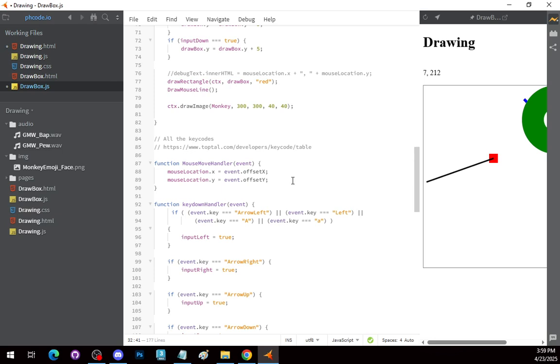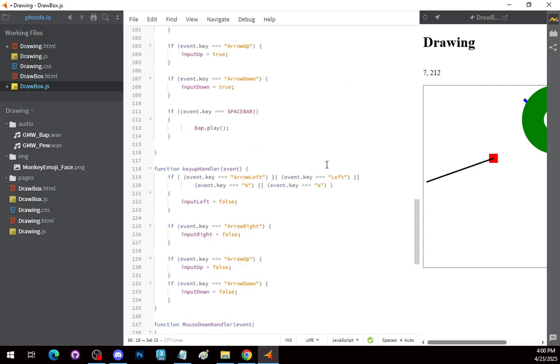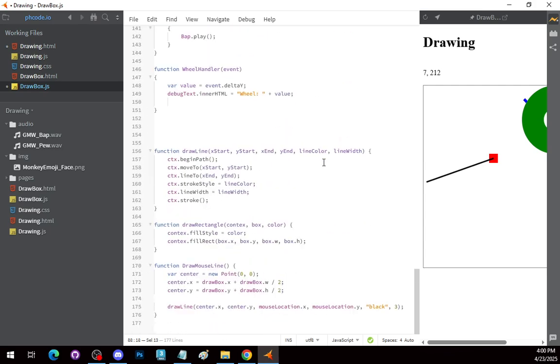But ultimately, if your window size was resized, you could account for the new window size accordingly. All that I'm doing right now is taking the event x and y and assigning it to this point called mouse location.x.y. And I'm showing you this because when I do my draw mouse line, first thing is